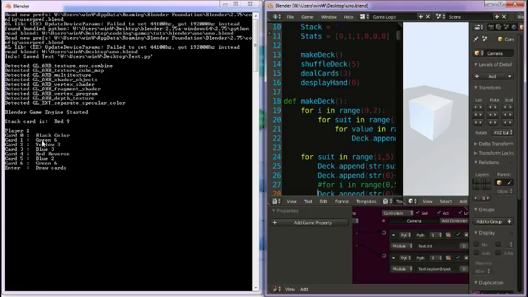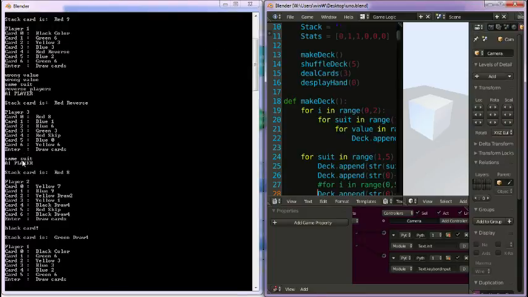So the only valid cards that I could put down is a red reverse or a black color. So if I just show you, if I try to put down the green 6, it says wrong value. It's not a 9, and obviously it's not a red. But it checks the value before it checks the suit. It does that because of draw cards, it's more efficient. Anyway, so I could put down a blue 3. So let's put that down. I just got to press number 3 on the keyboard, and... what? Hang on, why did I say blue 3? A red reverse. So if I put that down, then it spams a whole lot of stuff, which was the